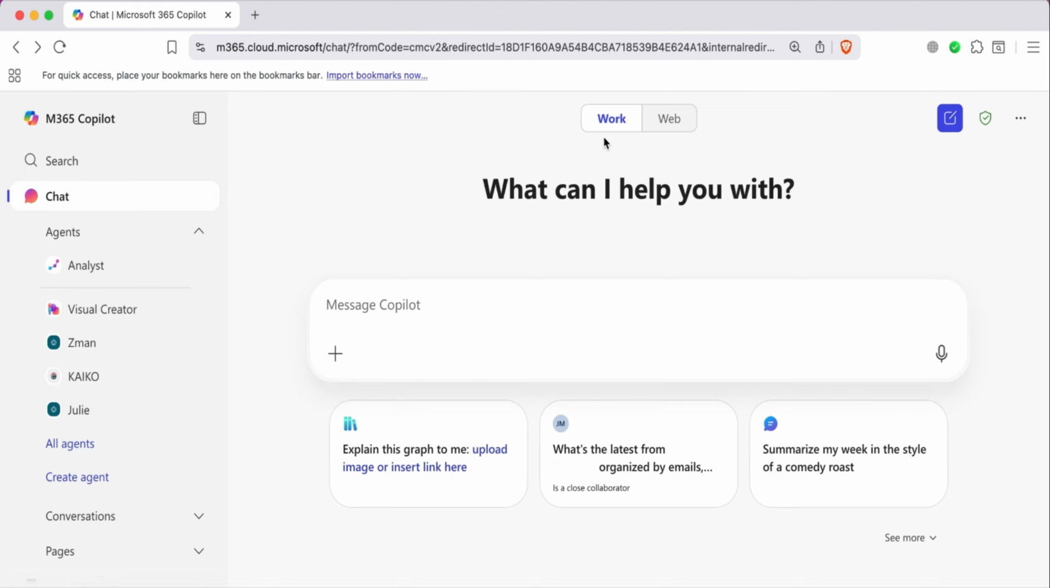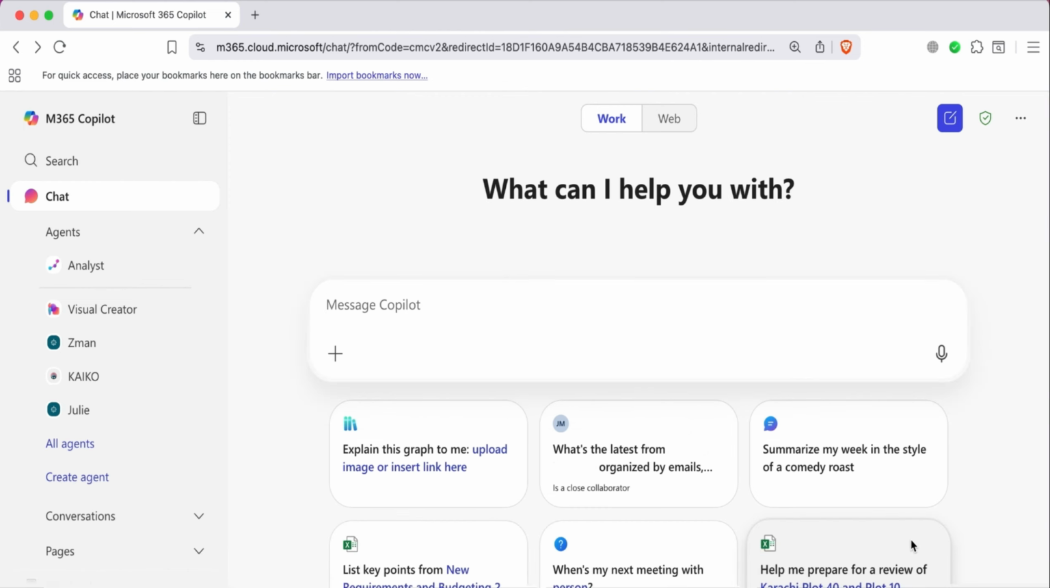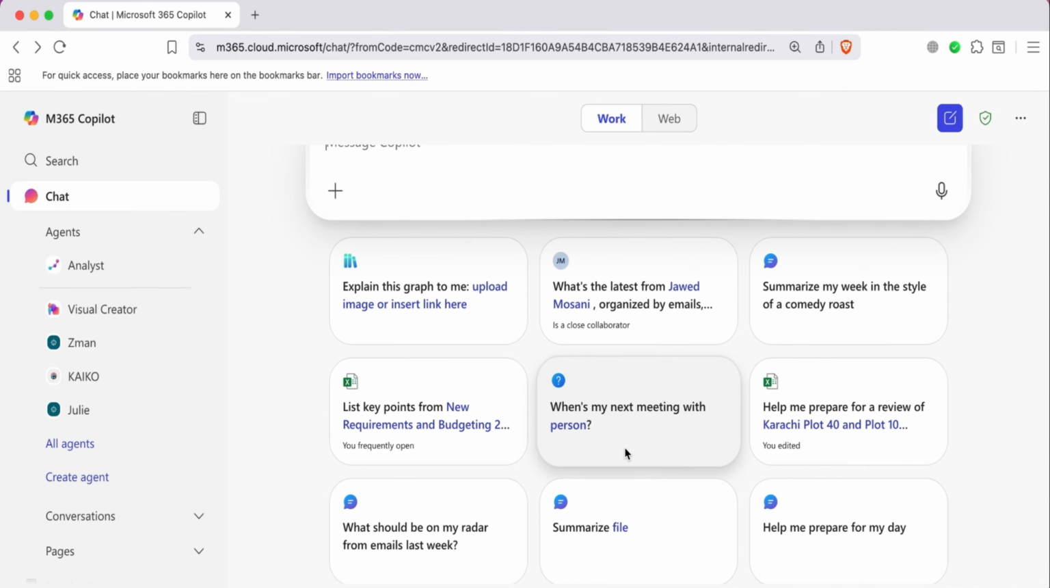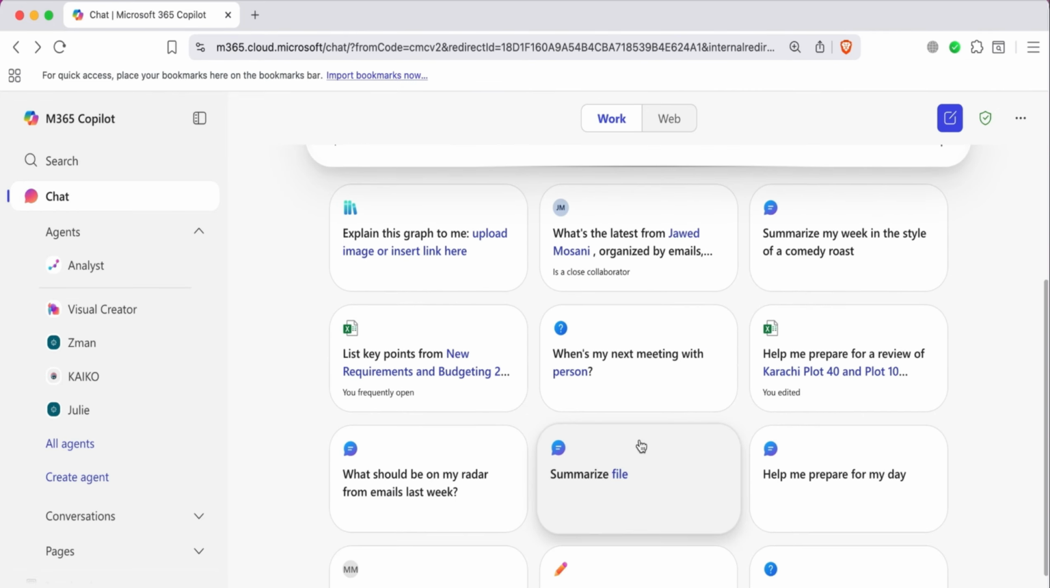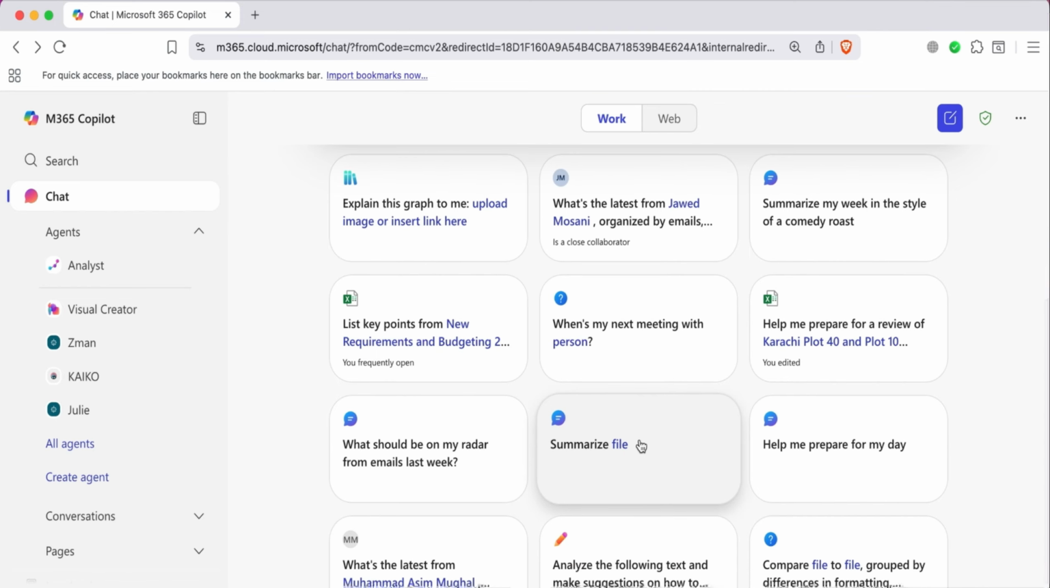And just above it, there's a toggle to switch between work and web, allowing you to shift focus based on your needs. Whether you're working on internal documents or need help from the internet, this makes it super flexible. Right below the search box, Copilot gives you a range of smart suggestions, like summarizing messages, checking what's new in your inbox, or even asking about your next meeting with a specific person. These suggestions are tailored and dynamic. They change based on your recent activity and role,